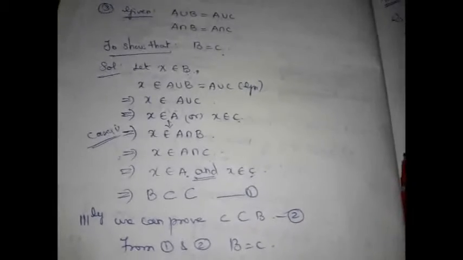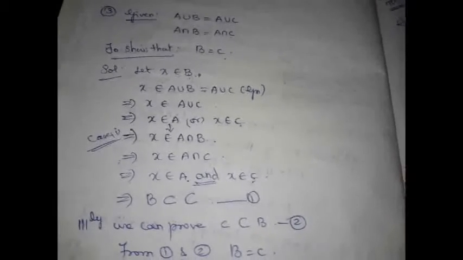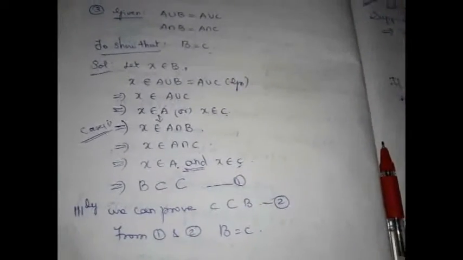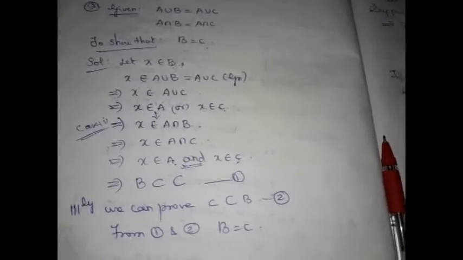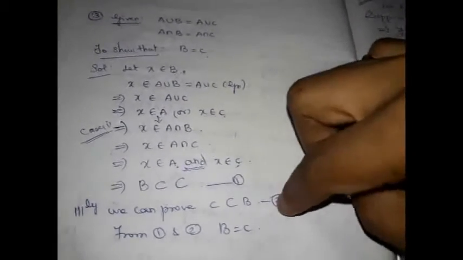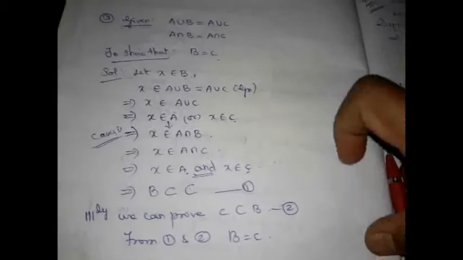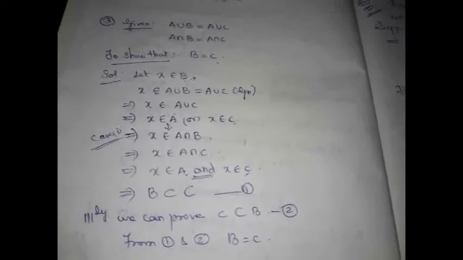So how will you prove this? It depends on the marks. If the question is asked for 2 marks, it is sufficient if you prove this and write "similarly, we can prove." But if the question is asked for 3 marks and above, then you have to prove this also. There you should not write "similarly, we can prove." Okay? Hope you recapped all those things.